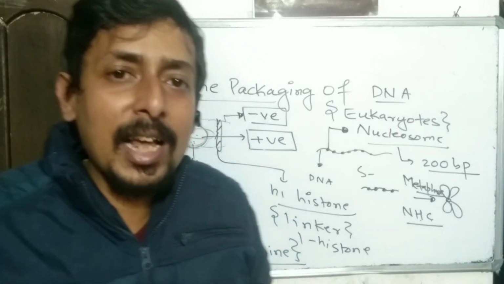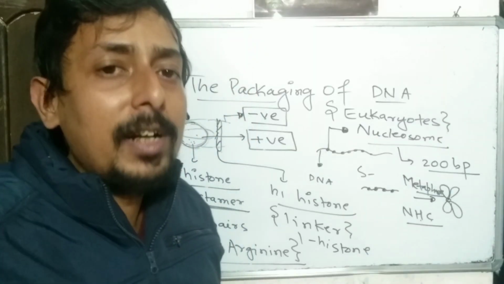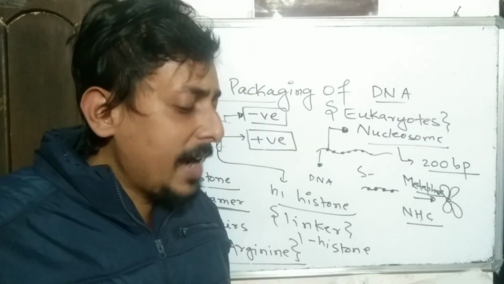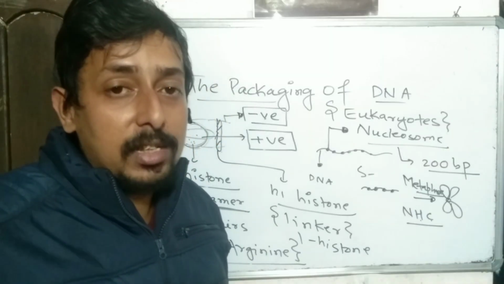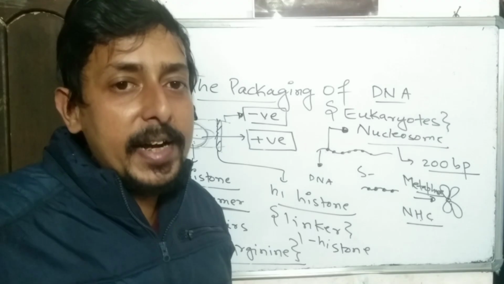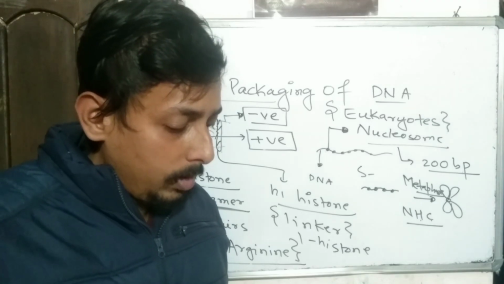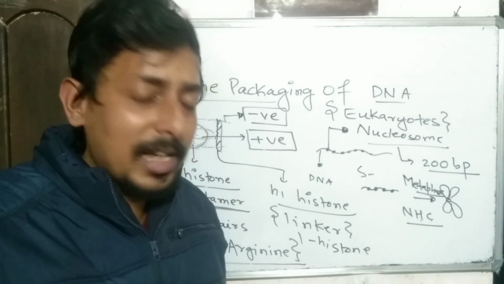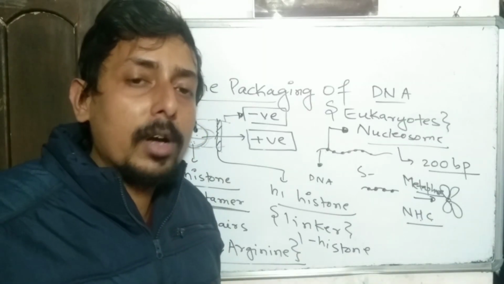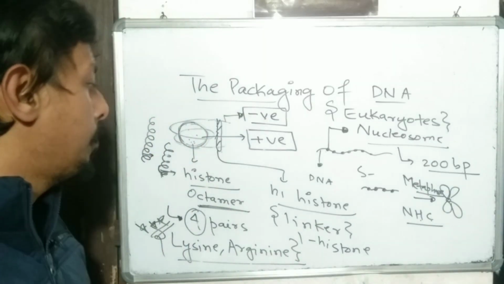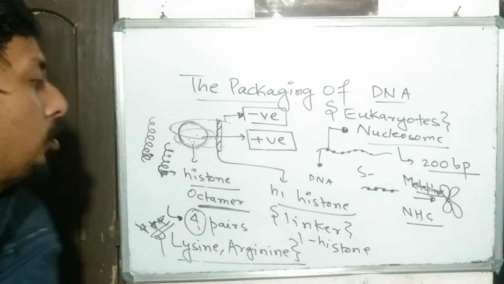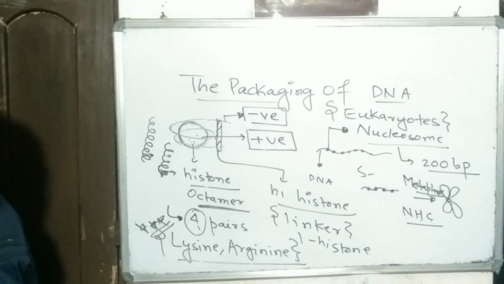There are many scientists in the lineage. Number 1 was Griffith. He experimented on Streptococcus pneumoniae. Number 2 were the scientists Hershey and Chase. These two scientists gave the proof that yes, DNA is the genetic material. So these two more options are there in this question. We will see these questions in the next video. But for now, I have told you two concepts: number one is about the histones and the nucleosome, and number two is about euchromatin and heterochromatin.